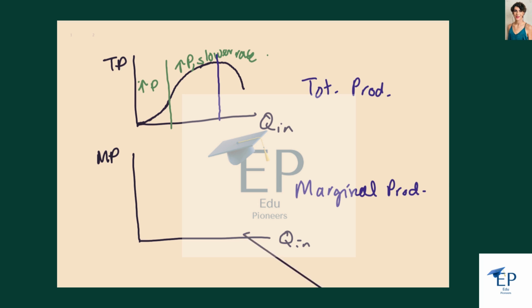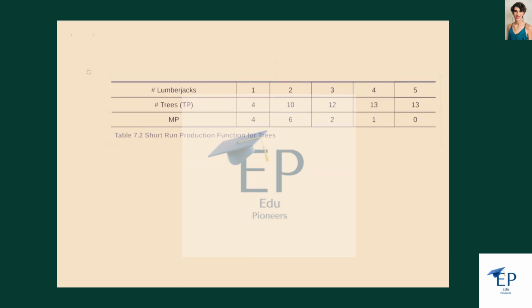So if we just extend these lines, marginal productivity is increasing until we hit this green line, and then it starts to decrease until we hit the blue line. And when we hit the blue line, we actually get to 0. Okay, so we have diminishing marginal productivity after we get to 0, so that the total productivity is actually being hurt by hiring more inputs. So when we're talking about this problem here,